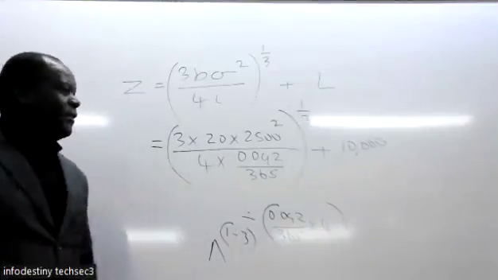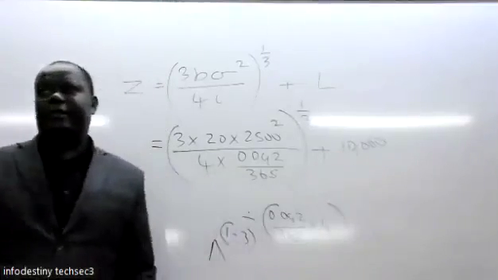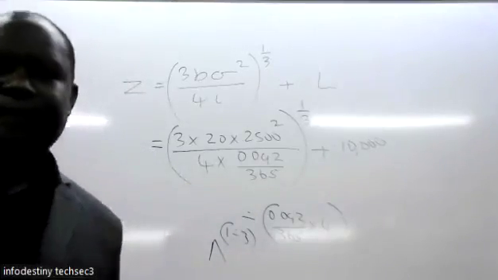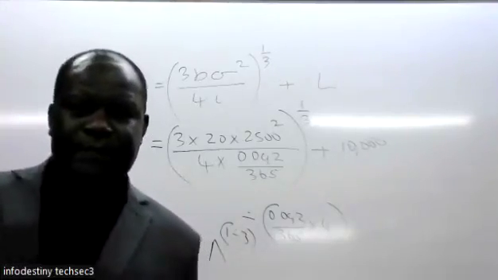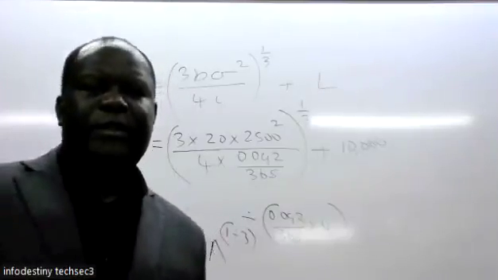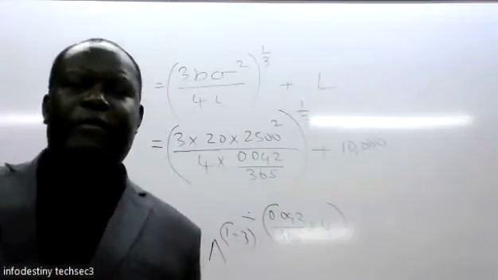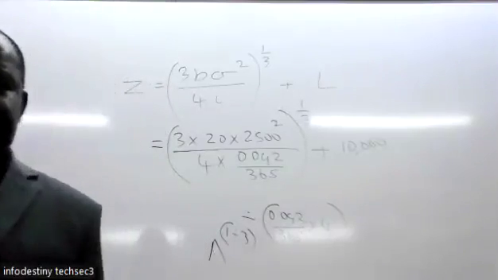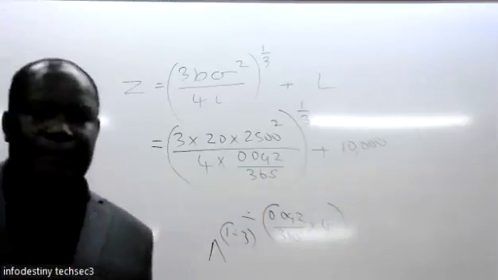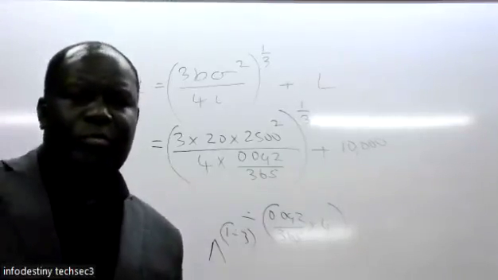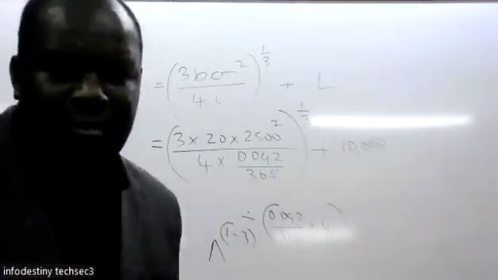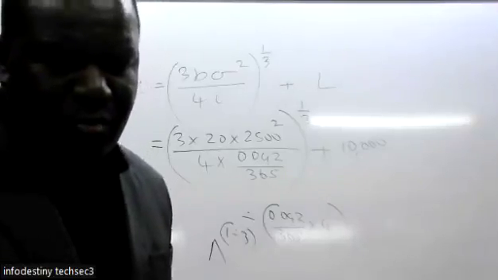So the answer you get, now you can add the 10,000 and see the figure you are getting from there. So you get which value? 17,192. We round it off to 17,192. So everyone is okay up to that point. Those who are saying no, are you now getting that figure? So that should be how you compute it. So you follow that format and get the value. So that's now our Roman letter 1, how you are to calculate